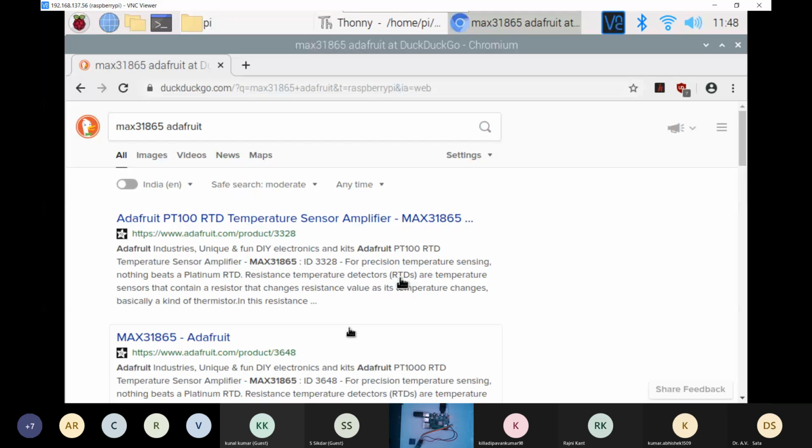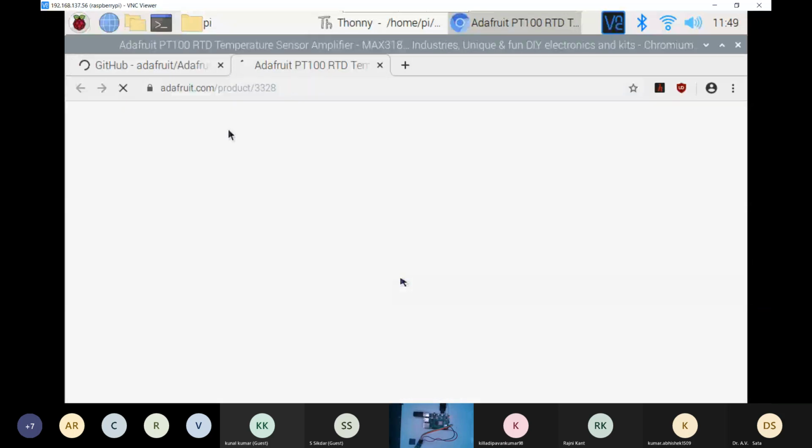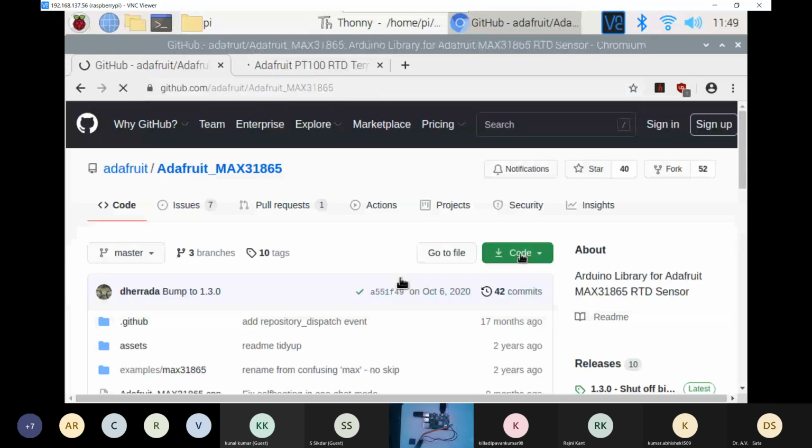I will open another tab from which you can find all the data regarding this MAX31865 chip. Our area of focus is this Arduino library. We'll just download it.